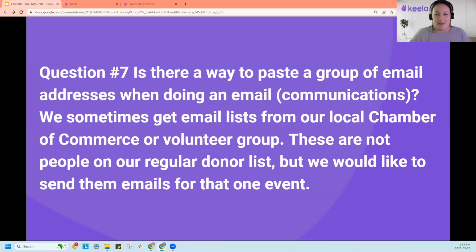I'm sure as busy organizations, you run into situations where quick communications need to be sent out to a very specific group of people who may not necessarily be your regular donors. Since Keela is designed to manage your fundraising and your donor list specifically, this might be tricky. At this time, in order to send out an e-blast within Keela's communication tool, the recipients must be selected from a segmented list of pre-existing contacts. So the short answer is no, this is not possible